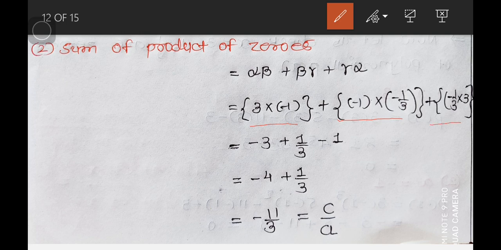So 3 into minus 1 is minus 3, minus minus cancelled, so 1 over 3 and 3 are cancelled, then we get minus 1 minus 1 minus 3 and minus 1 is equal to minus 4 plus 1 over 3. At last we get minus 11 by 3, and we know that minus 11 is the C and 3 is the A. Now